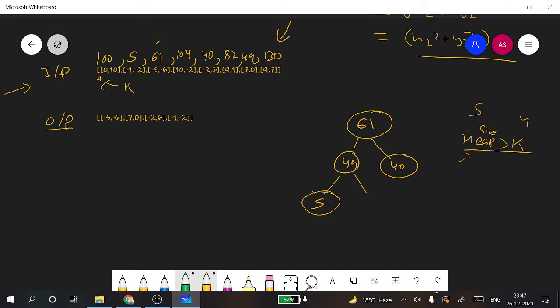Now I'll be inserting 130. To insert 130, since we're not following the max heap property, we'll be swapping this, making this 130, and then since this root is also not following heap property, we'll be swapping this 130 with this 61. Now it is following the heap property, but the problem here is our size is 5, which is